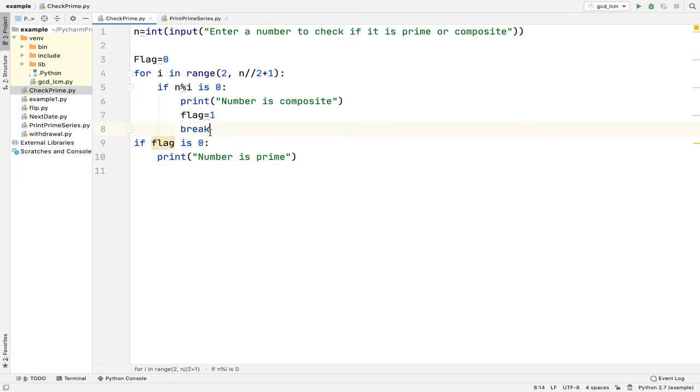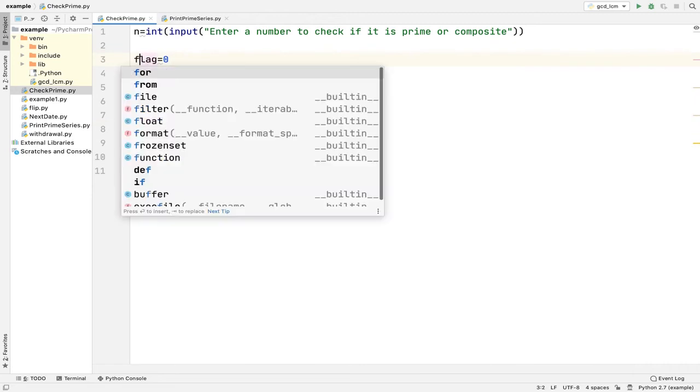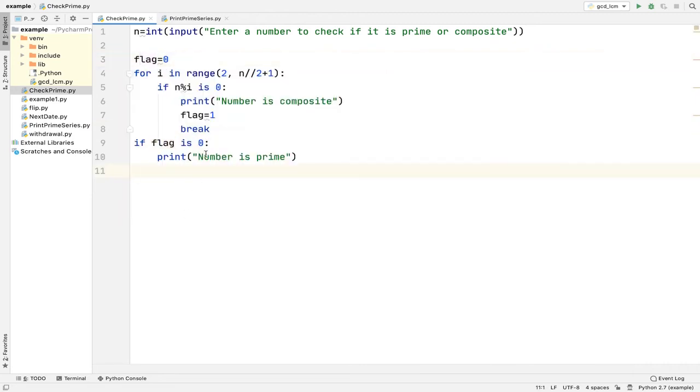Why am I breaking over here? Break will take your control from the for loop to outside the for loop. Because in this range, suppose my number is 18, so 2 is dividing that number 18, so there is no need to keep on checking it with 3, 4, 5. So over here I have applied break. And outside this for loop I am going to check the value of flag. If the value of flag is still 0, that means none of the numbers in the range have divided n. So I will say that number is prime. So flag is just an indicator variable. This indicates that the control went inside this if. Okay, so this is the simple program of prime number.